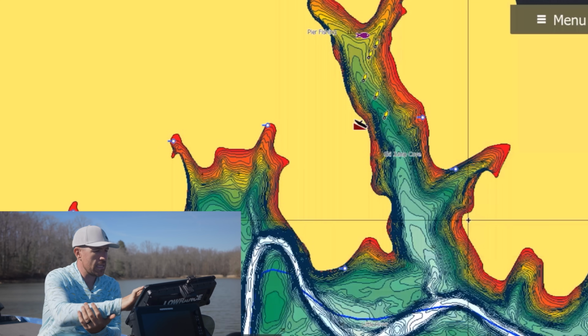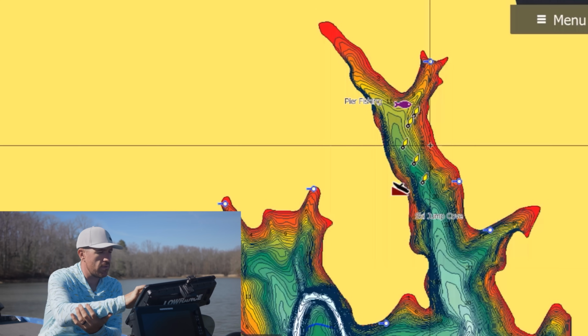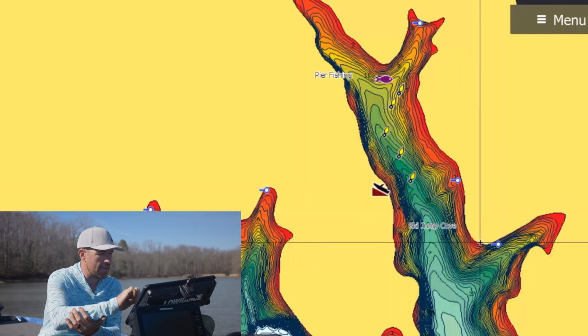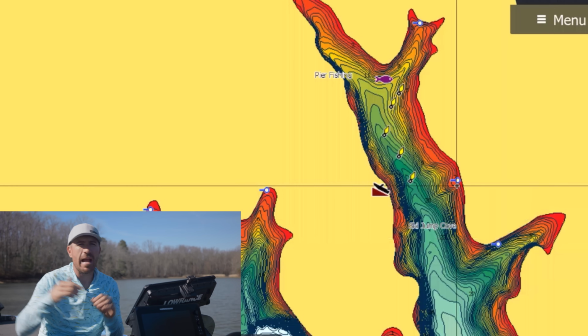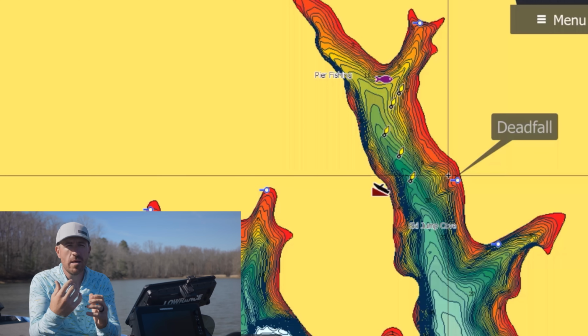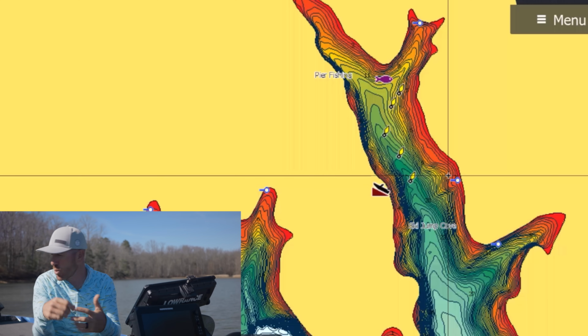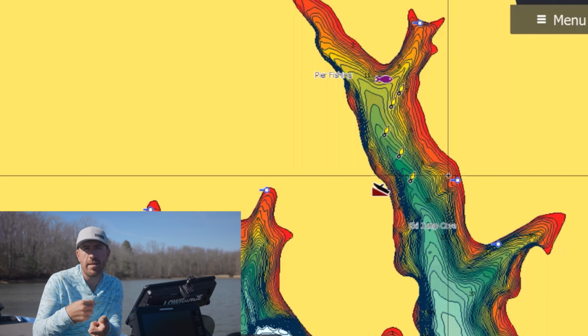And then something that has enough flats in the back of this place, so you see the red contours like this. So probably a bank, like a little short pocket like that or something like that. Anywhere there's laydowns, rock, chunkier rock, that's when I'm gonna really be throwing that spinnerbait, reeling it by the laydowns,